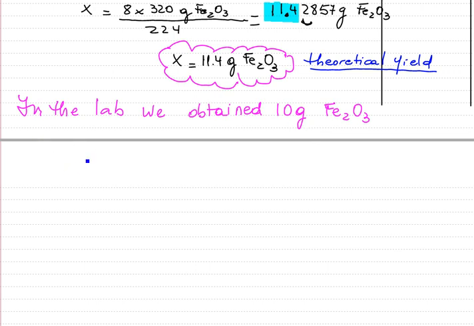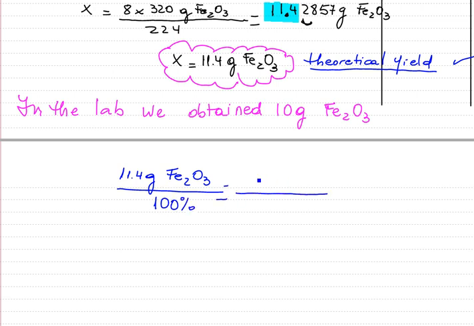So we need to calculate which is the percentage that we got. Our theoretical yield is always the maximum amount that we can get, so that is going to be 100%. So 11.4 grams of iron oxide are going to be 100%. But we didn't obtain that. We obtained 10 grams of iron oxide. We are going to calculate how much is the percentage. So the percentage is going to be 10 divided by 11.4 times 100. And that is going to be equal to